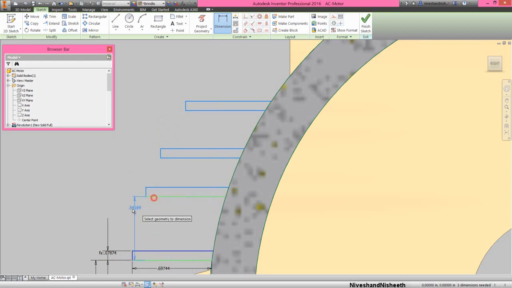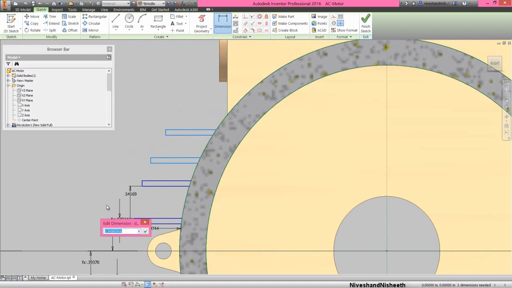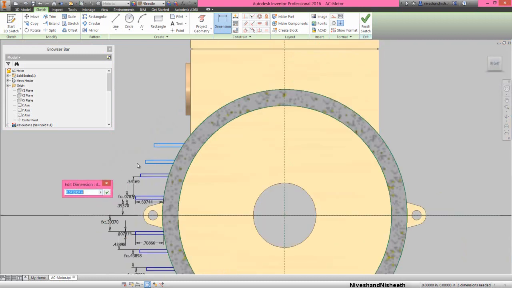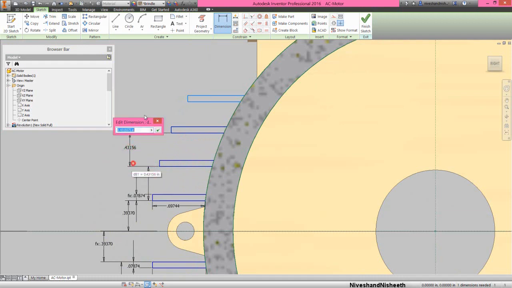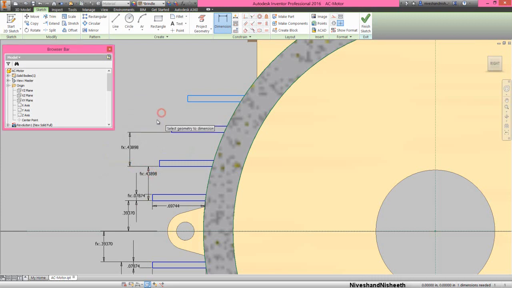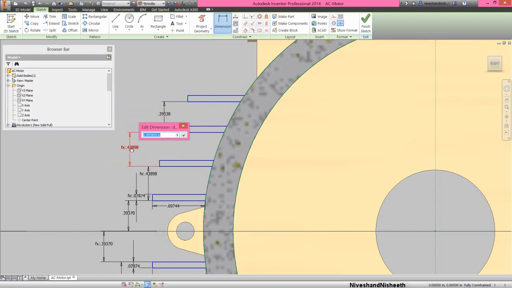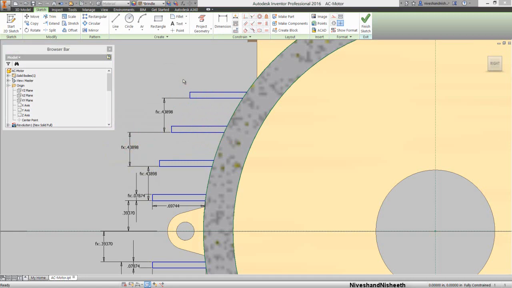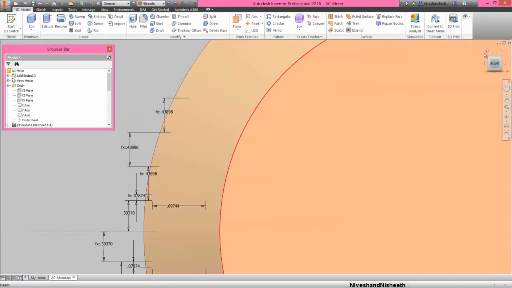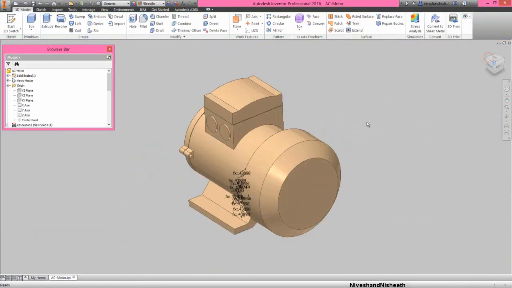Now we will give the dimensions on here to fully constrain the sketch. Now my sketch is complete, so finish the sketch. Rotate the model in isometric view.